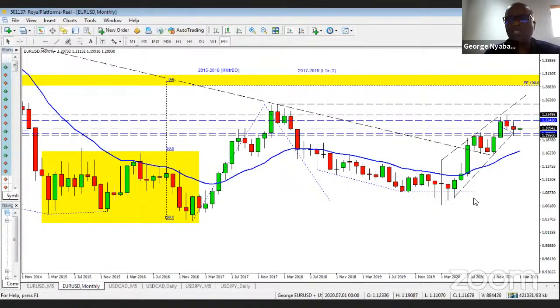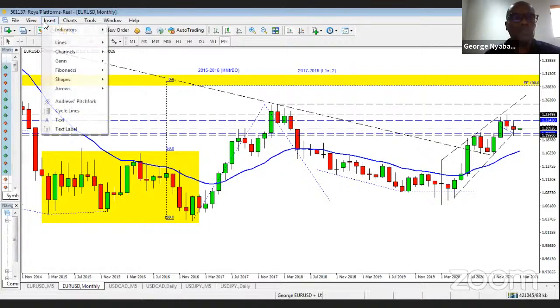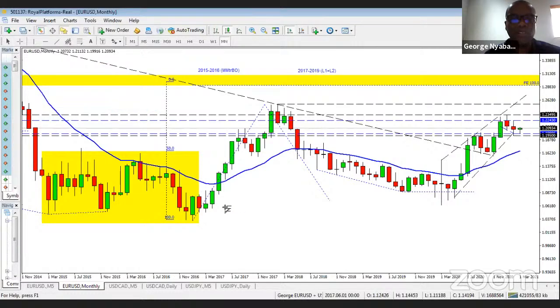Another thing which you could have done while you're in here, and again, I'm not talking about the leg one, leg two moves, but let's put it in just to see what you would have done while you were still down here. You would have said, well, where did the first leg actually start? You could have started there, or you could have started there. Okay, so that was the full extent of that first leg breakout, and then we had a pullback there. Okay, so at that stage, without all of this information,